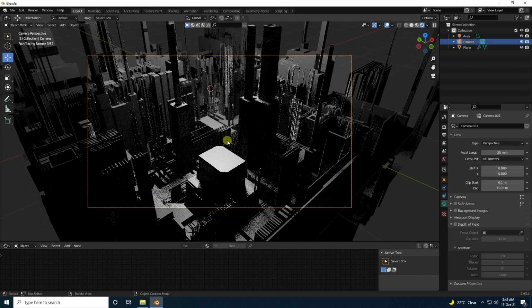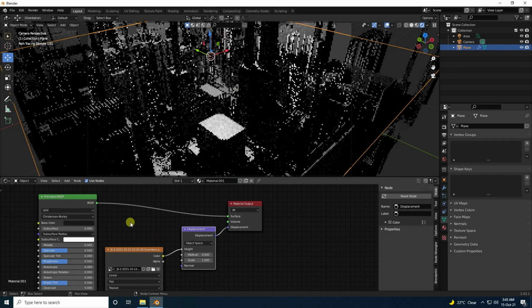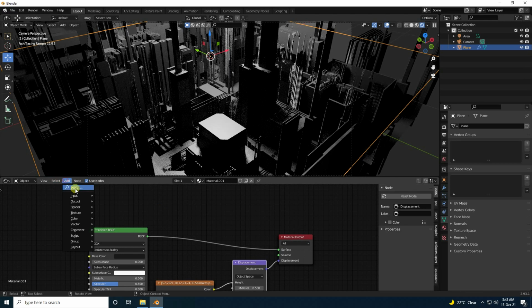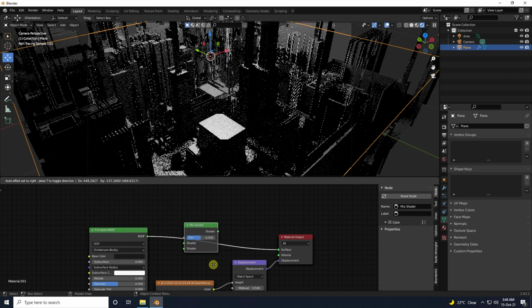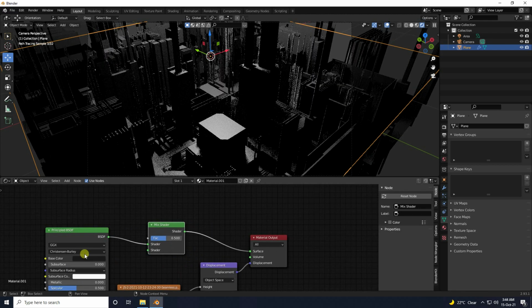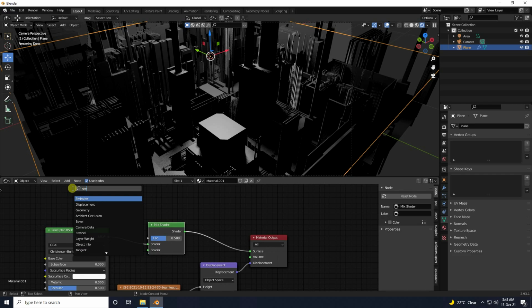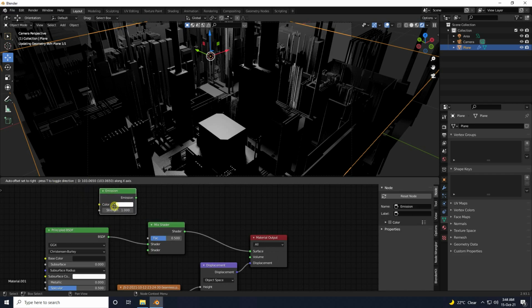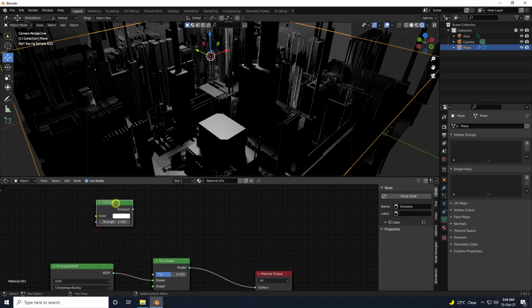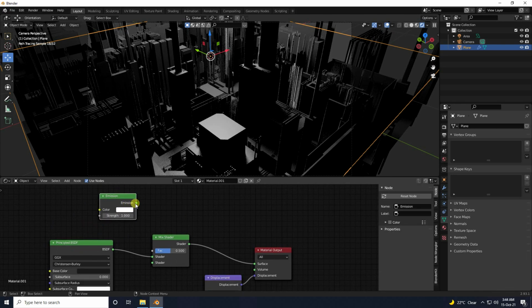Okay, so now guys, I create a new style of material shader. So guys, this time I use mix shader, this one, and connect with the mid one like this. See guys, that's my BSDF principled and material output, and connect with mix shader. Okay, so next one guys, I use animation. And guys, go to up. So guys, select your animation, this one, and connect with shader, last one.